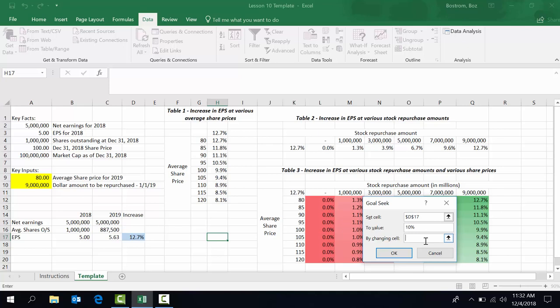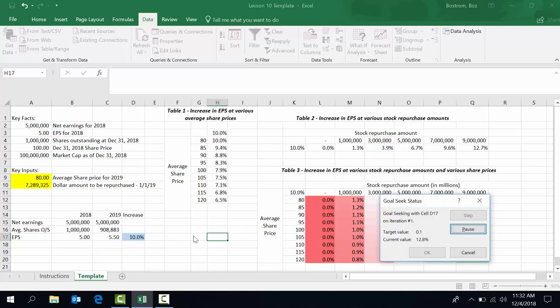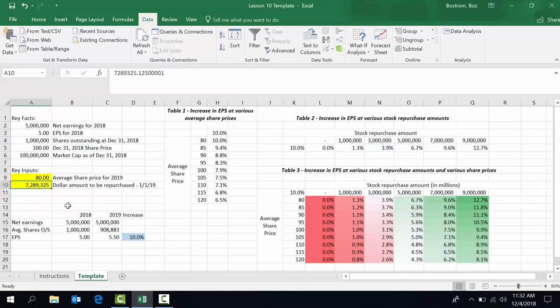And then what am I actually going to change? Well, Boz, what do you want to change? I want the stock repurchase amount here. We can only change one piece here. So the stock repurchase amount, that was the $9 million we have in there right now. I hit OK, and it runs. It thinks about it. Hey, I found a solution. It gave me a value of 10%. If I hit OK there, I see that I need to purchase $7,289,325 in order to have an EPS increase of 10%, as long as the average share price is $80 a share. Yeah. We'd have to change the average share price as well, just to see where it would pan